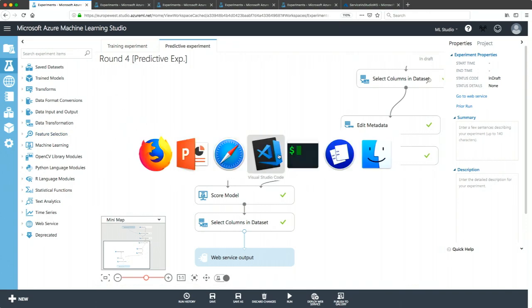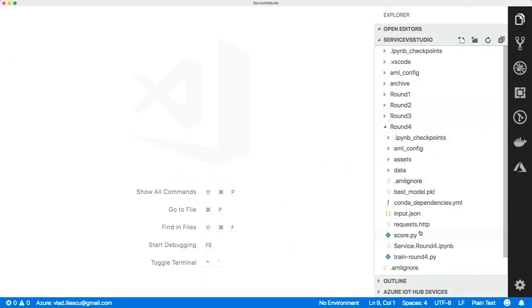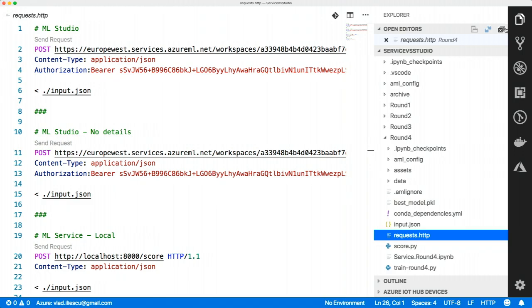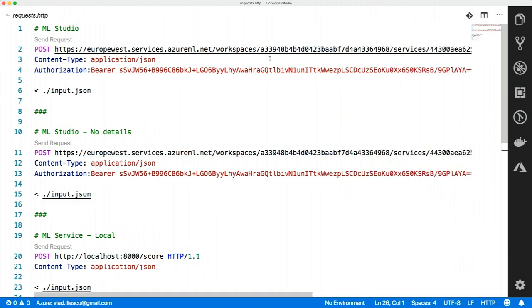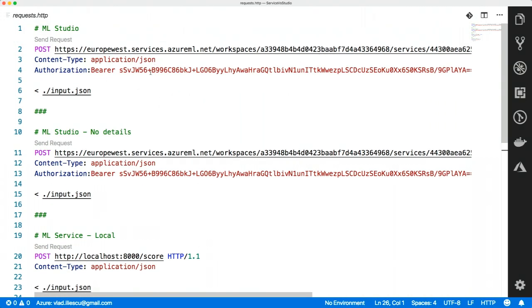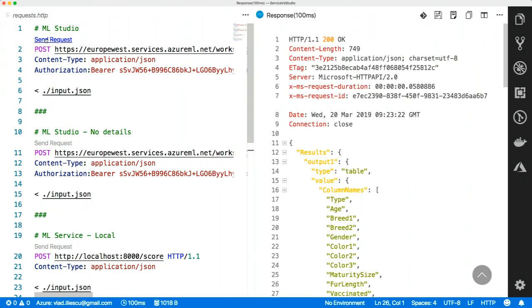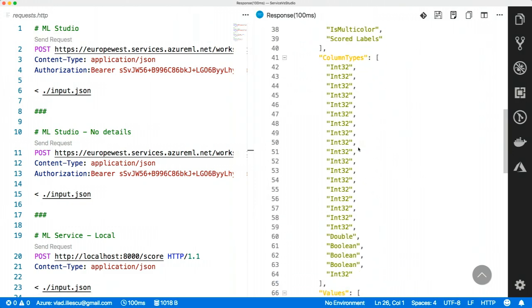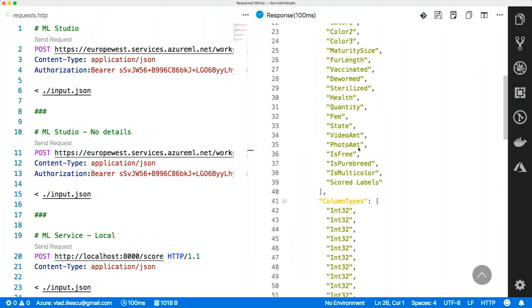And if I deploy this web service, let me show you what I would see, because I have it set right here. It would allow me to call a simple URI that has a REST interface and get the results. So in my case, you can see I have it exposed as a simple endpoint. It does require the bearer authentication. So it's exposed as HTTPS. It has authentication. I can send a request. This is, by the way, the REST client extension in Visual Studio. And it just gets me results. And this is so nice.